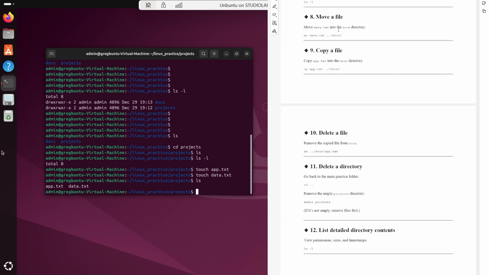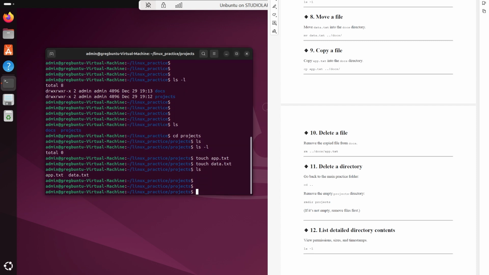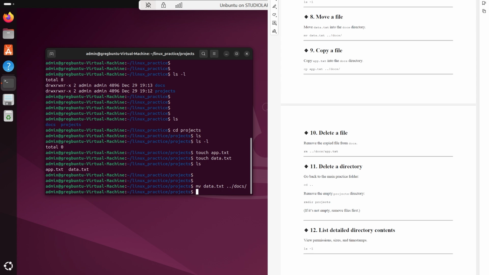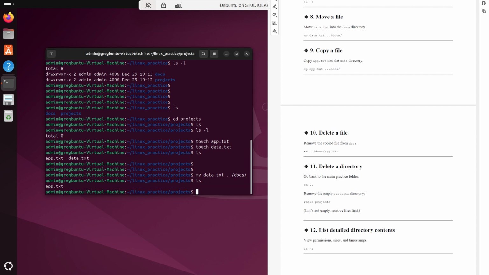Move data into docs directory. Okay, no problem, so we can just run the command. All right, so mv, and the file that we are moving is data.txt, so we are moving it to /docs, and let's just put a slash again. Okay, so now if we need to list what's inside that folder, we see we only have